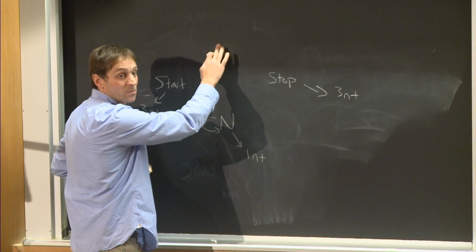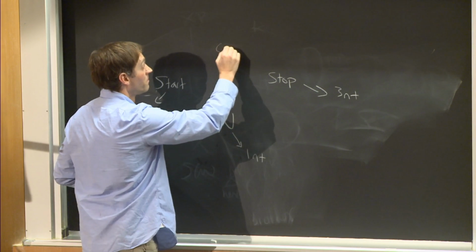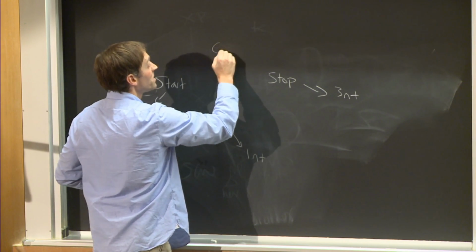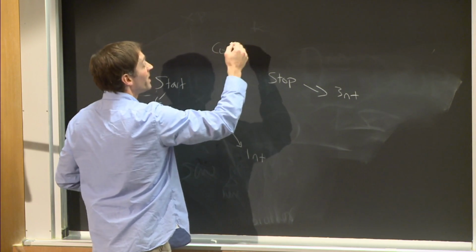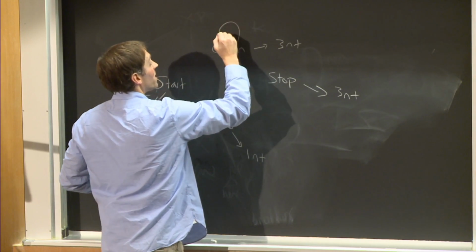So how about here? What should we do here? Tim? It could be 3, and then you put the circle. Yeah, so it can go in 3. So I'm going to change the name to codon, okay? Because it's going to emit 1 codon, 3 nucleotides, and then recur to itself, okay?